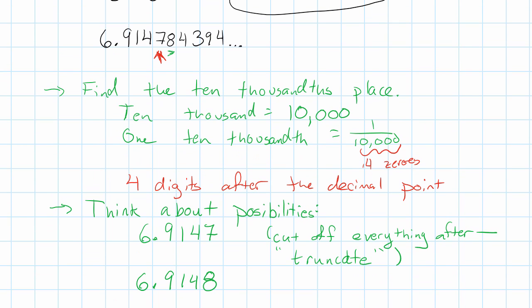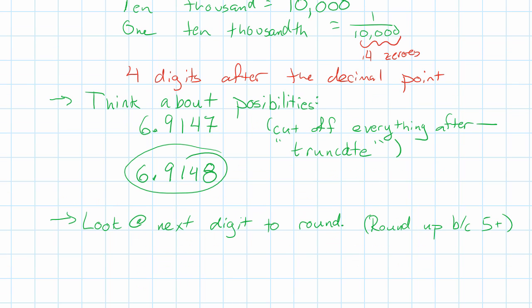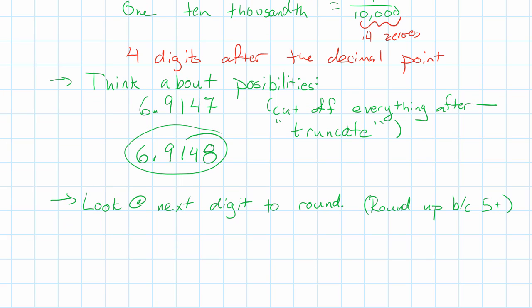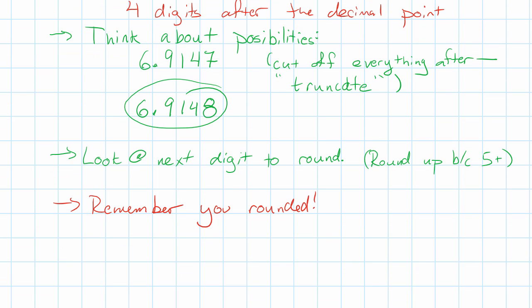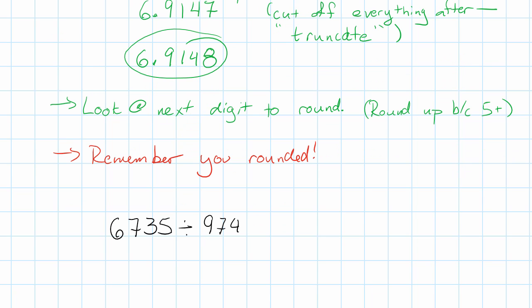In this case, the next digit is 8. That tells us we want to round up. If the next digit is 5 or more than 5, we'll round up. 8 is more than 5, so we round up. Okay. Now the last thing to do is to remember that you've rounded. The answer you're about to give is not exactly the result of the division. So we're going to write something about